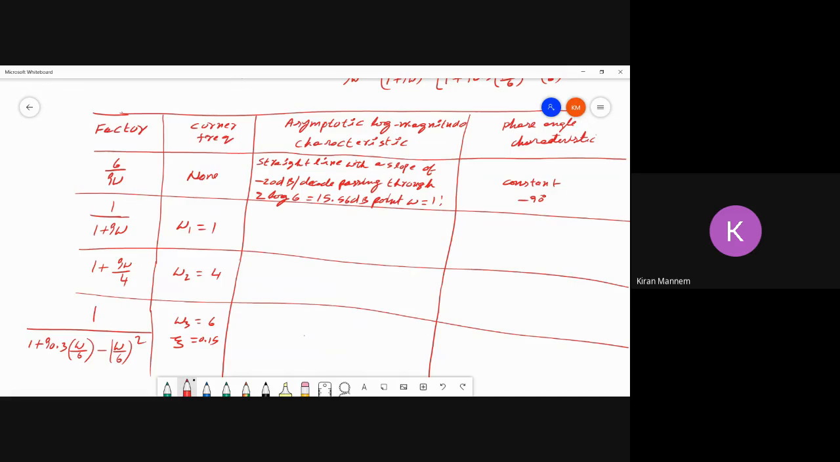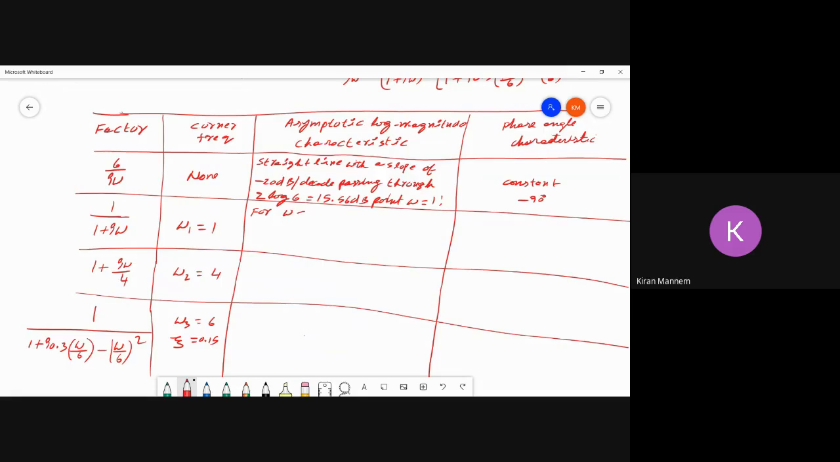This is about the first basic factor. So the next basic factor is of the type 1 by 1 plus j omega 1, where omega 1 equal to 1. It has some corner frequency. That is, before omega 1 equal to 1, you have one line with 0 dB per decade. And after 1, you have one more line with a slope of minus 20 dB per decade. Isn't it? You recall that? So I'll write it here for